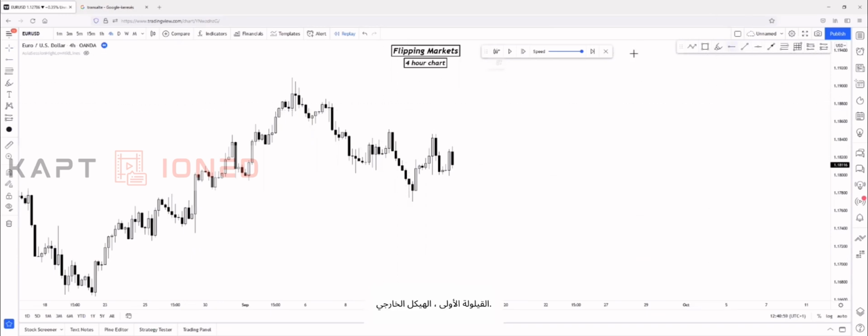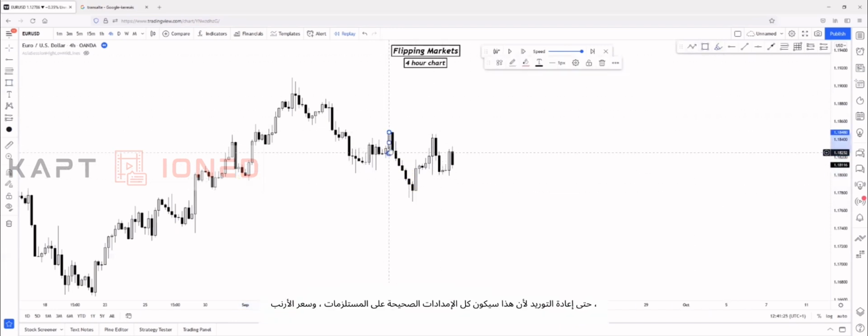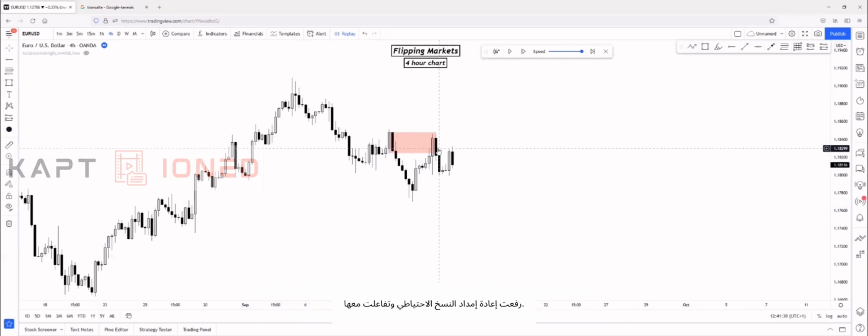First, map out our structure. As you can see, we had the last high point right here and the last low point right here. Price broke structure to the downside with this inefficient movement. So first criteria is fit because it broke structure to the downside here. Second is fit because it created inefficient movement. And the third criteria is fit because it swept liquidity. We have liquidity here, so price just swept that liquidity. And as you can see, price levitated back up to this supply, because this will be our right supply zone. So price levitated back up to this supply and reacted on it. So I will just mark